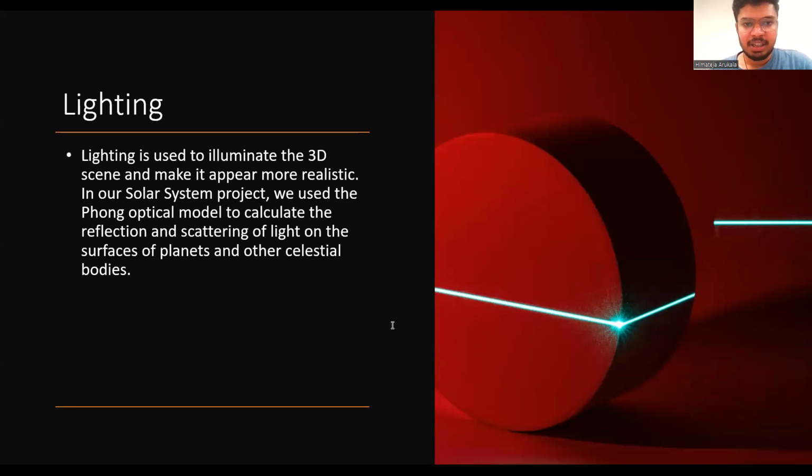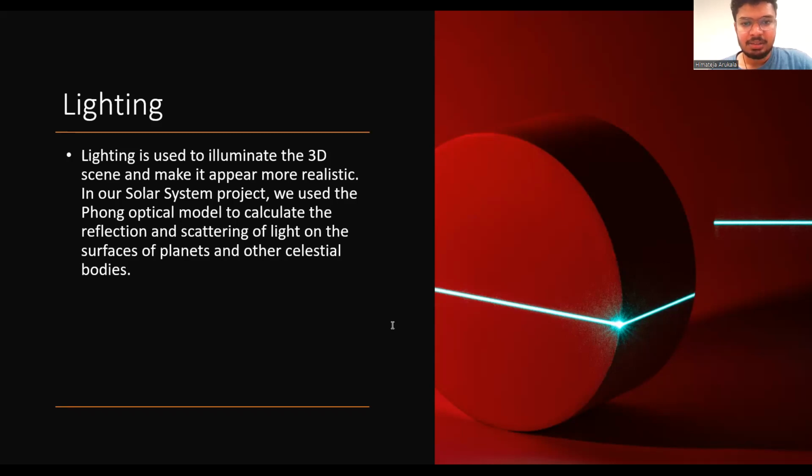Lighting. Lighting is a crucial element in computer graphics used to illuminate 3D scenes and make them appear more realistic. In our solar system project, we utilized various lighting techniques to simulate the behavior of light in space. Especially, we used the Phong optical model to calculate the reflection and scattering of light on the surfaces of planets